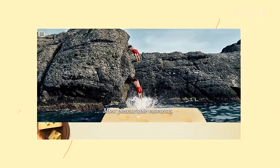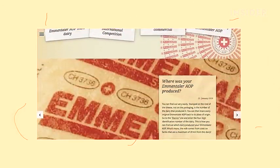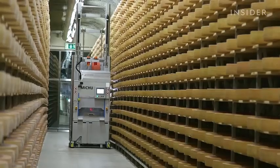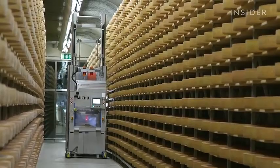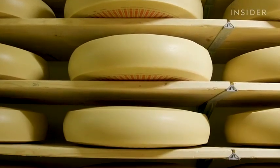And with this number, our customers can go on our website emmentaler.ch and enter this number, and Google Maps shows you where this product was produced, in which dairy. And the dairies need to have this protection. Emmentaler is the world's most copied cheese. So 95% of what is sold as a Swiss cheese or a cheese with holes called Emmental are fake